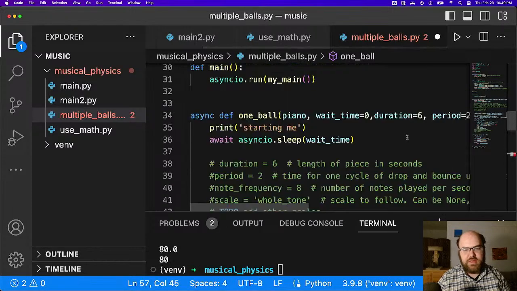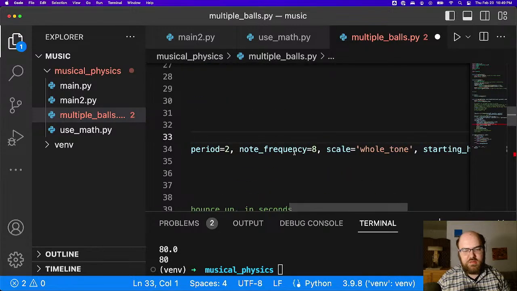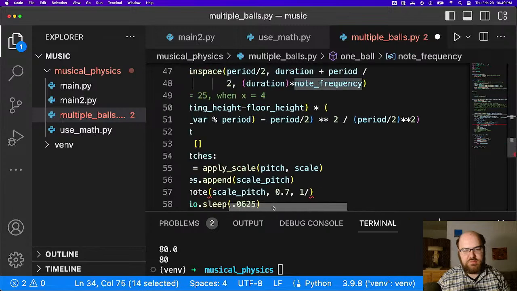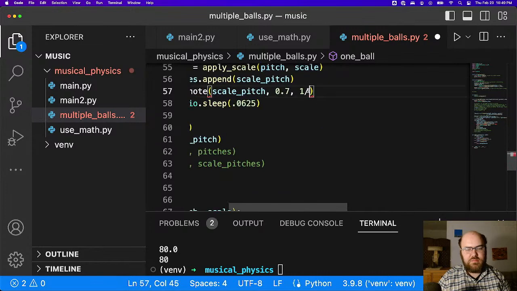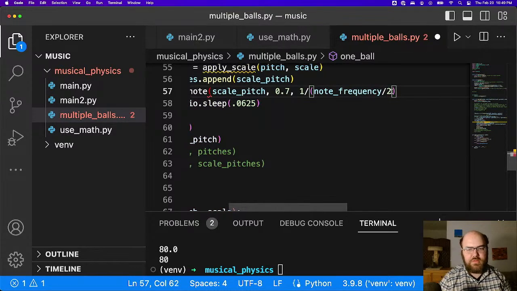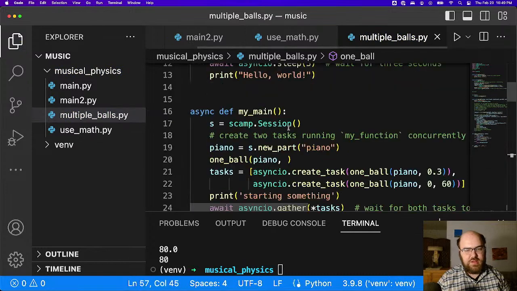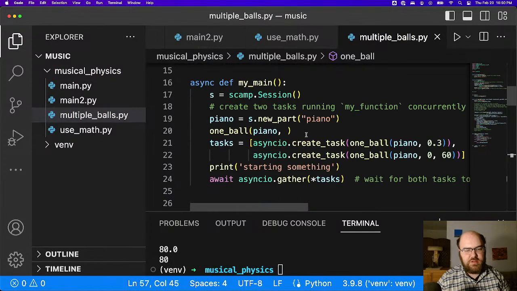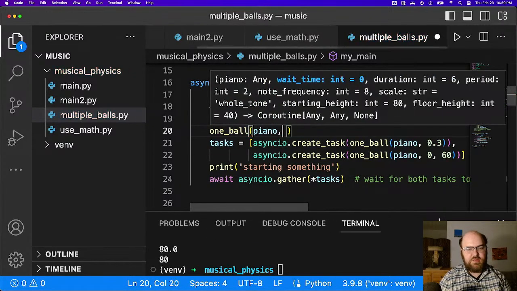One divided by, what did I call that thing? Oh, frequency. Note frequency divided by 2. Now, one ball, piano, 0,